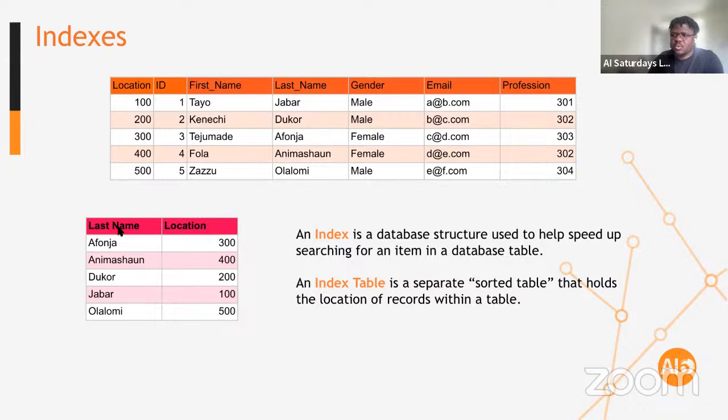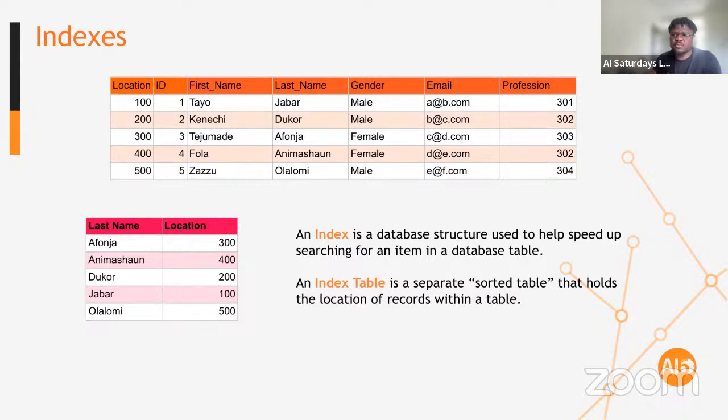What this means is we have this index table for the last name, right? We could have another index table for, say, emails. Do we understand? So it takes the last name, for instance, it sorts all the records in the last name column